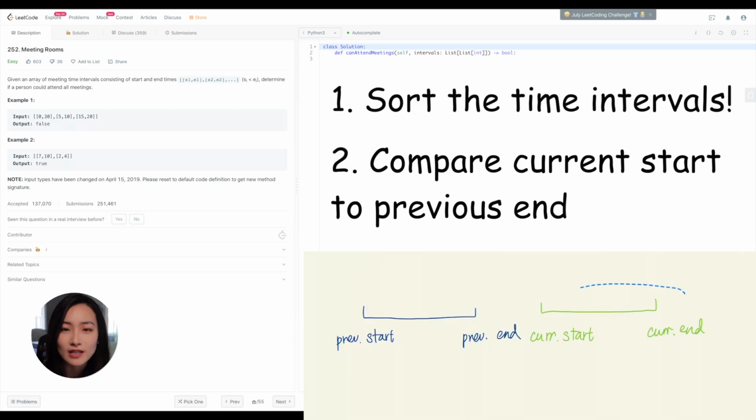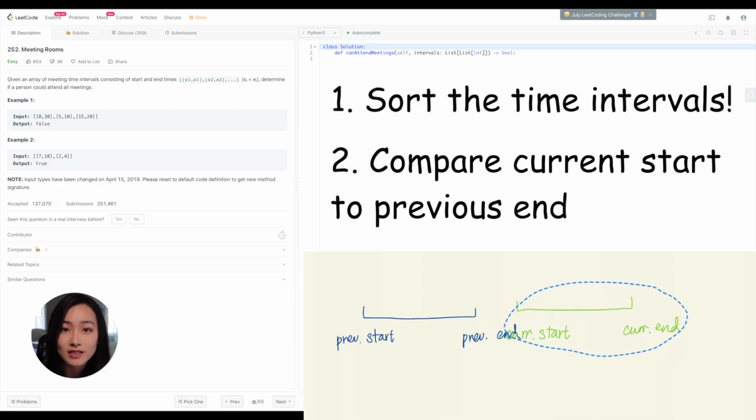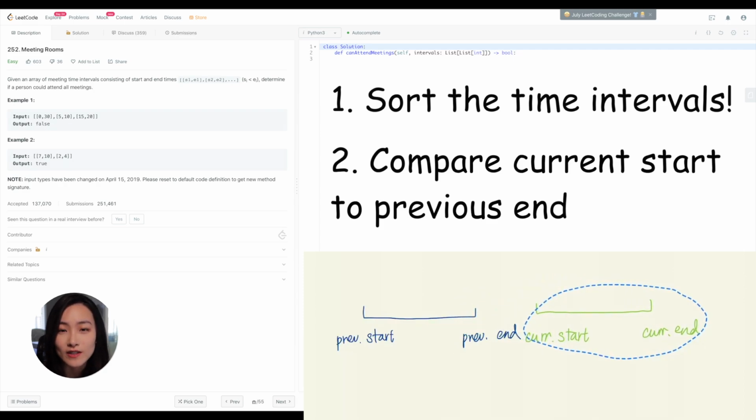If the previous end time is after the current start time, that means we have an overlap. If the current start time is after the previous end time or equal to the previous end time, that means we don't have an overlap and we can move on to the next time interval